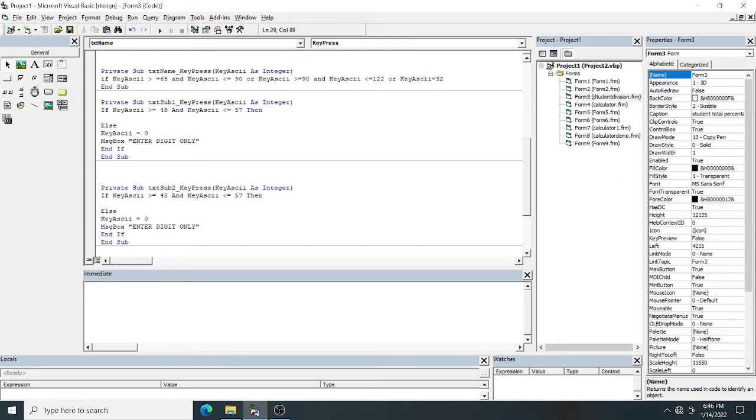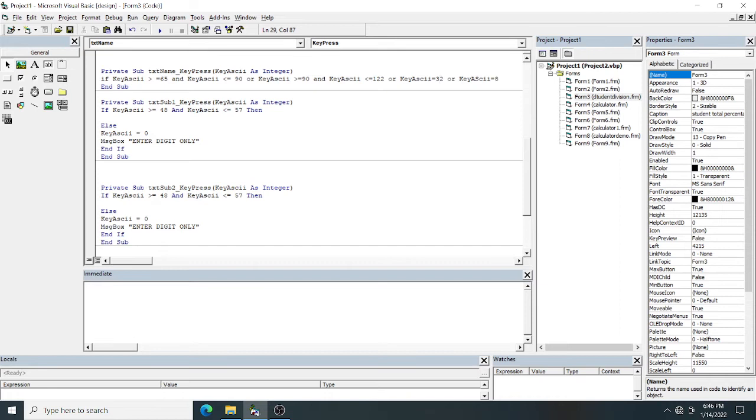Okay, or I will use backspace. I will allow backspace also. Because if you made anything wrong you have to delete it, you have to press the backspace character, so in that case it should allow. Key ASCII equal to 8, backspace is your 8 ASCII value. 8 is your backspace, 32 is your space.